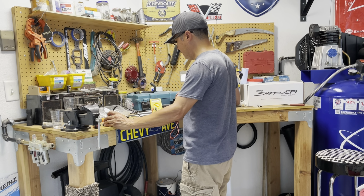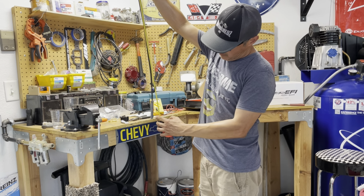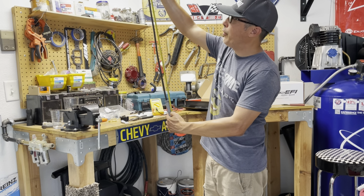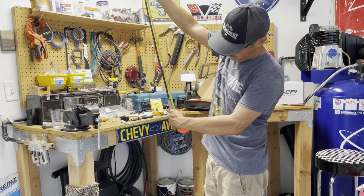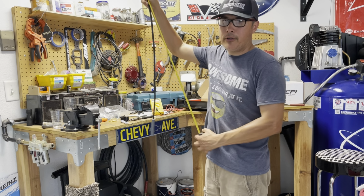I'm sitting at 126 ohms right now. So that's pretty good. It's very good actually. Let's measure this wire. So basically I'm at 31 inches, 31 and a quarter, but actually the conductor itself is back a little bit. So let's just say 31 inches,